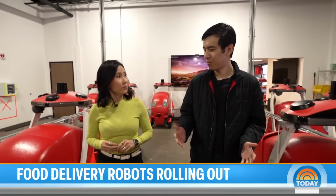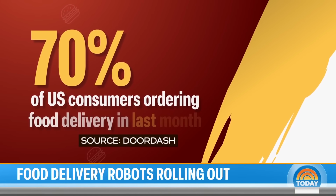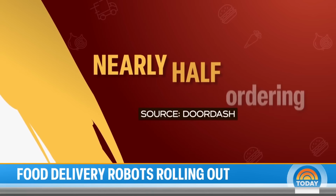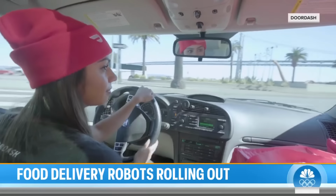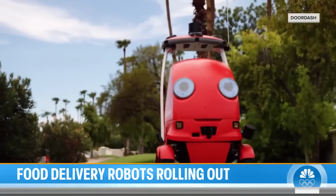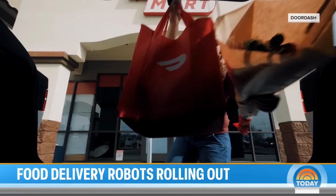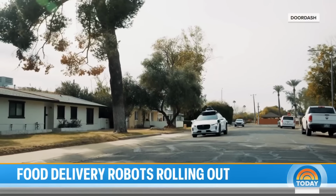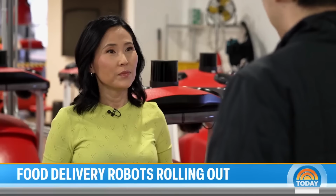Stanley Tang is DoorDash's co-founder. He says with 70% of U.S. consumers ordering food delivery in the last month and nearly half ordering at least once a week, they can't recruit enough human drivers to keep up, especially in the suburbs. That's why Dot is one of many autonomous delivery vehicles being introduced, joining DoorDash's electric fleet of driverless cars and flying drones. We're going to need all of the above if we want to keep up with the demand we're